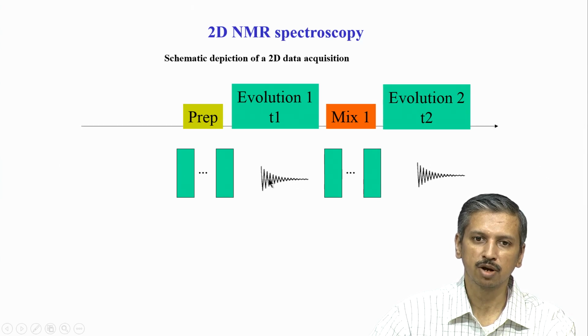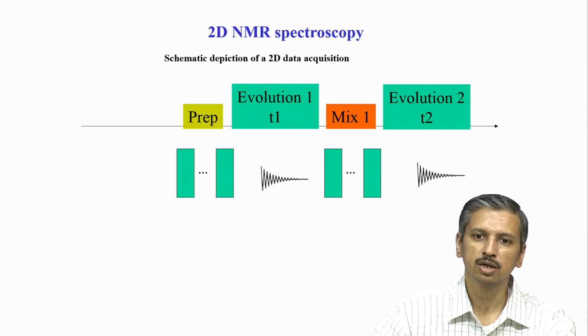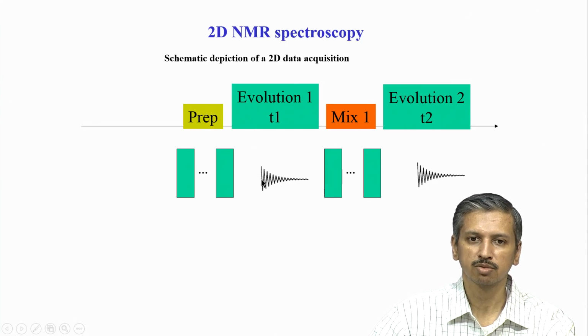But here, because I am now truncating, we use this word called truncation. If I am truncating the signal to only 1/10 or 1/20 or 1/3 of the points, my signal resolution also gets down by 1/3. So, the line becomes broader. That is the drawback in multidimensional NMR spectroscopy, that we get broad signals, and that is coming because we have the limitation of not recording the data fully. We can only record data to 1/3 or 1/4 depending on the time.